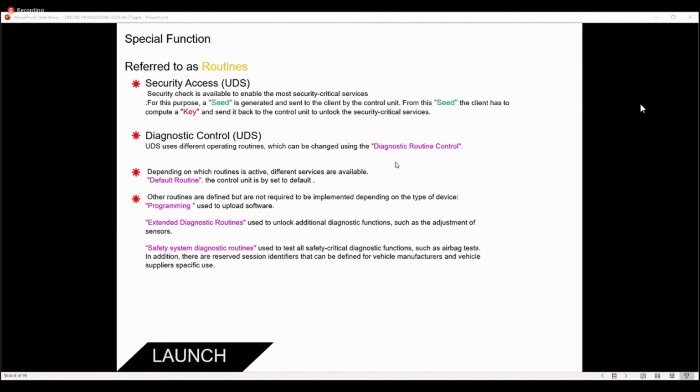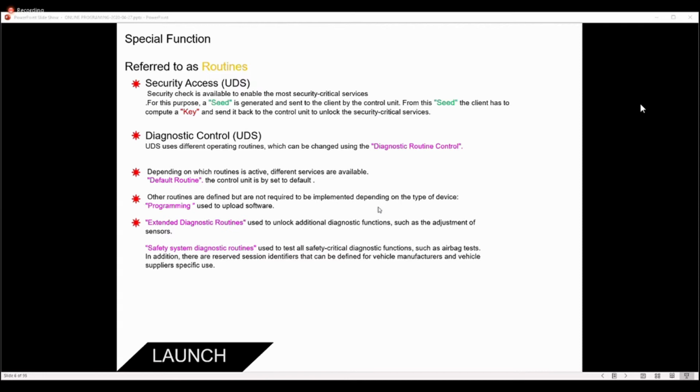Even down to fault codes, yes, you can read fault codes, but to turn certain fault codes off, you may have to do a special procedure or function, going into that area to turn the fault code off, because it resets monitors and so forth. As I mentioned before, extension diagnostics routines are basically unlocking it. If I want to adjust something in that vehicle, like a Volkswagen, or a sensor needs to be calibrated, I may need a special function to unlock it first, which is the access security,